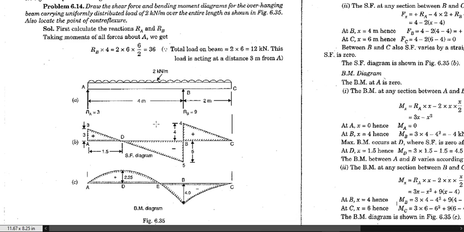Okay, so this way you can actually draw the SFD and BMD of this type of overhanging structure. So if in the question a certain point load is given at this place, or at this place, or at this place, you don't need to worry, the distance will be given, and the analysis will be done on the same basis, because actually we are converting this UDL into a point load. So if the point load is given, then it is very simple to draw these types of SFD and BMD diagrams.